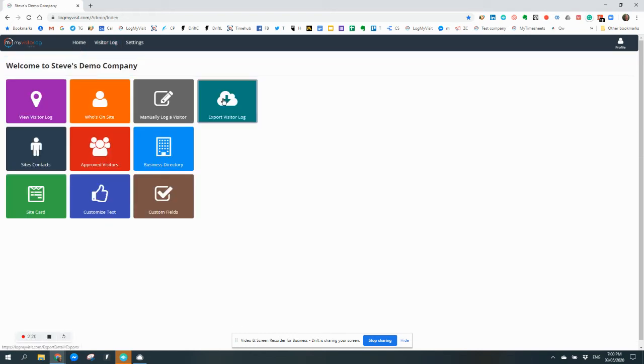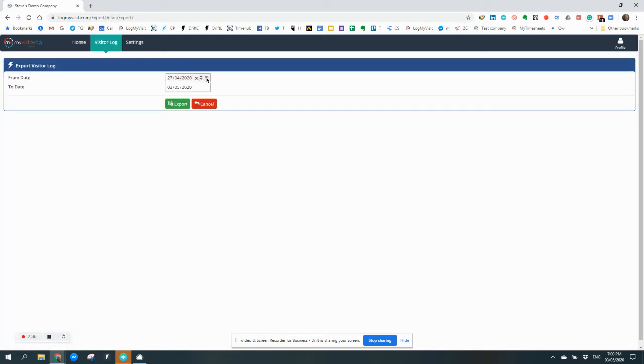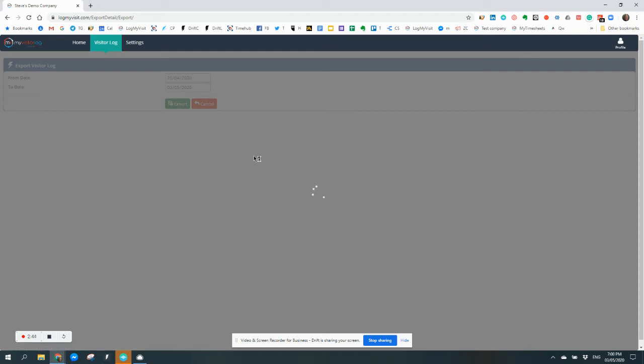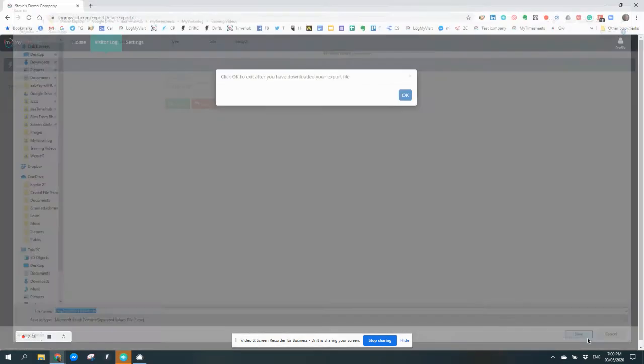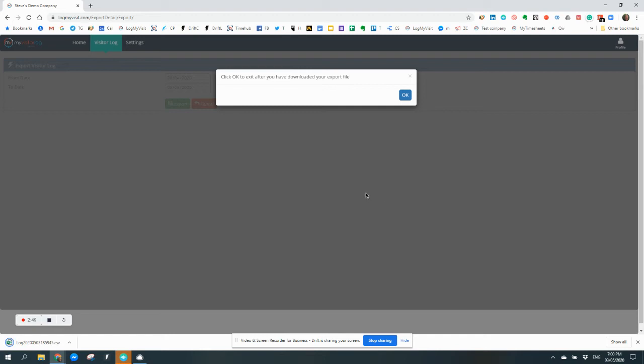The final option in this area is the export function. So if I needed to export this data that we've got captured in here for a particular date range in order to send it to someone else in the organization, such as the health and safety manager or a government agency, for example, in a worst case scenario, then I can come in here and for any date range, I can choose my date range. I can choose from and to. So I do that up until today and I export that. Then it will create an Excel spreadsheet. Now, obviously, you want to be controlling who is able to do this, and this can't be done by anyone who isn't an admin. So if I now open up my Excel spreadsheet,